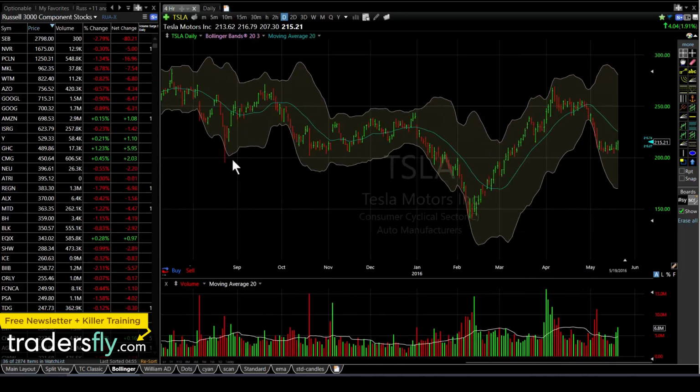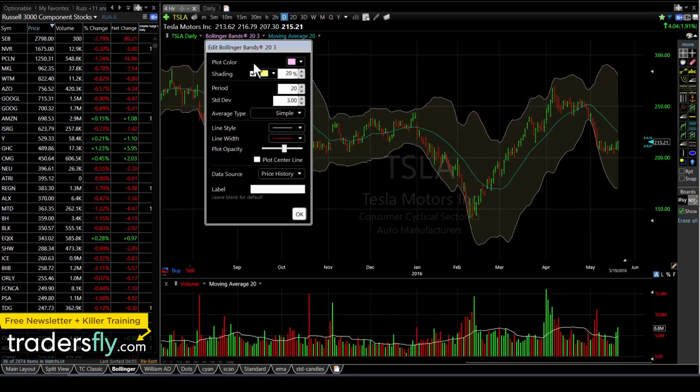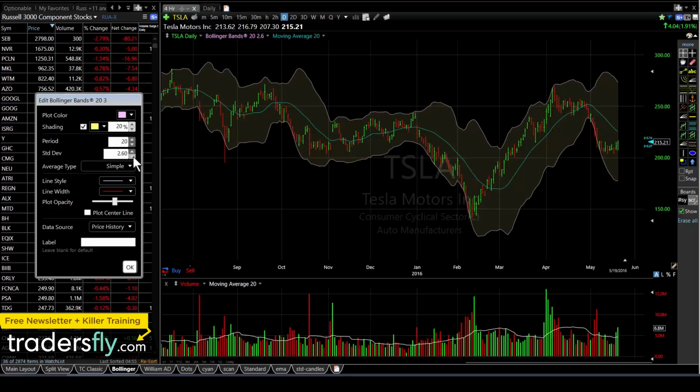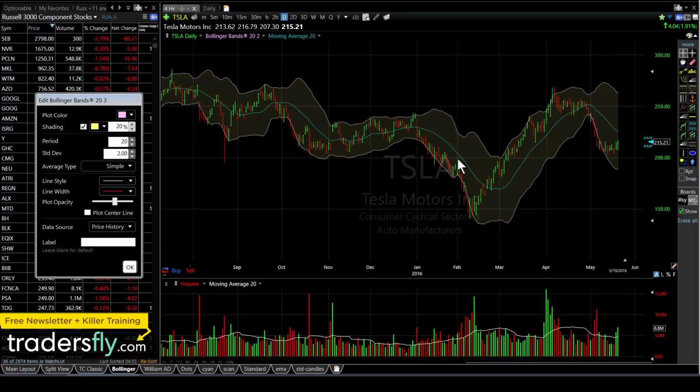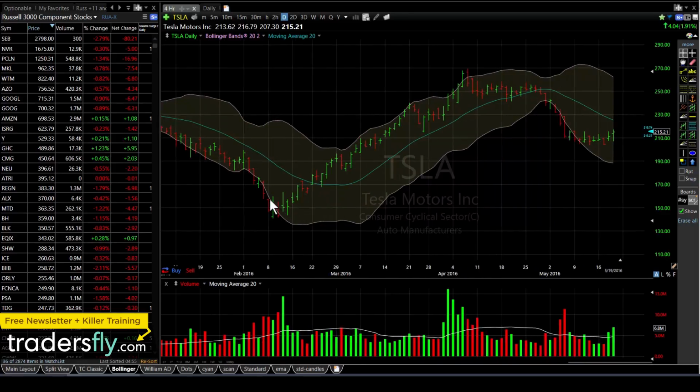Now, you can see certain times it doesn't happen, and that usually happens due to earnings and some other factors, like we had in August-September time in 2015. So when we look at 2 standard deviations, we got 95% of the data. And here you can see a few outliers. That means when you get a few outliers, chances are it's going to snap back. It's a little extended, but it's not always the case.